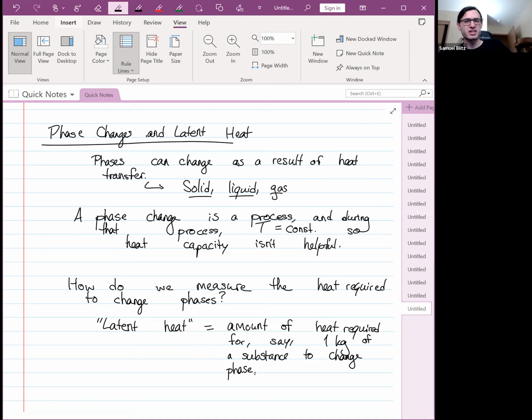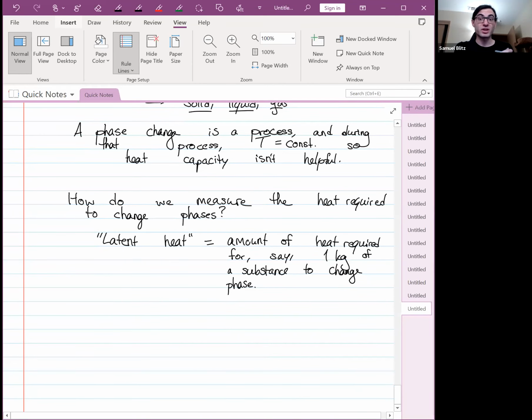There are some substances that at normal atmospheric pressures can't actually turn into a liquid, for complicated reasons. So they undergo something called sublimation, where they go straight from solid to gas. Carbon dioxide does this, for example. And so there would be a latent heat of sublimation for carbon dioxide at standard atmospheric pressure, for example. But for the most part, when substances can exist in all 3 phases,